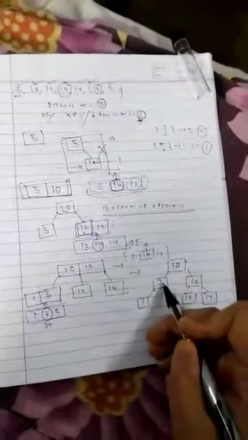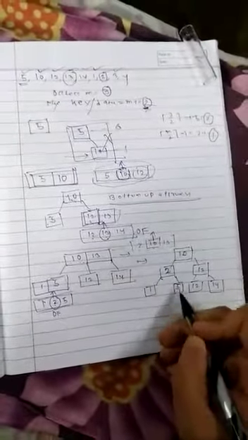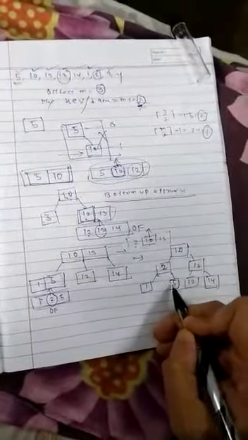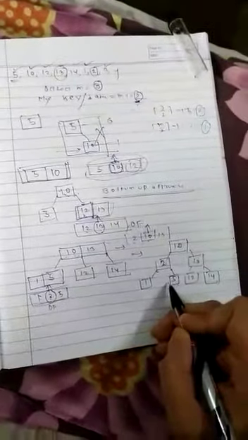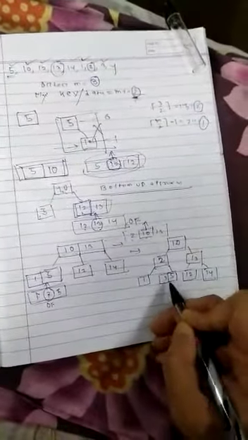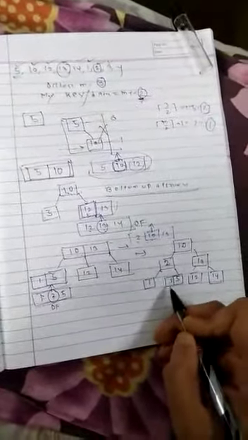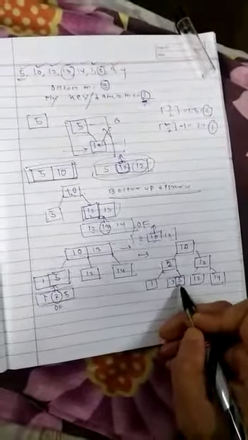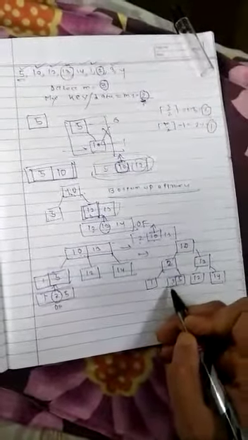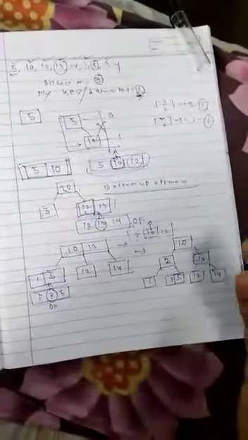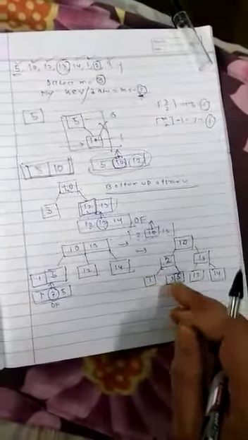Okay, so after 2, next is 3. 3 is less than this, so you check here. 3 is greater than this, then you go to this node. For this node space is already available, so we insert it here. No overflow is here, because the maximum is 2 keys and the minimum is 1 key. So 2 keys are there, no overflow occurs. After this you have to draw another tree, but I am only showing it in this tree.